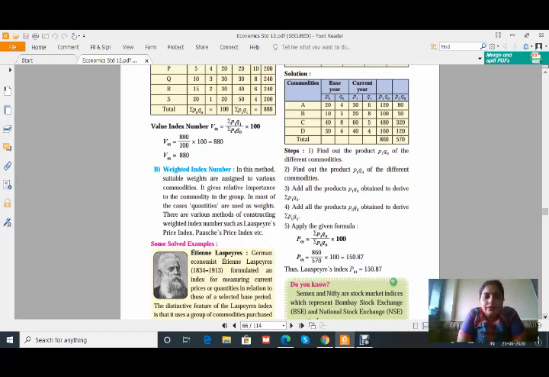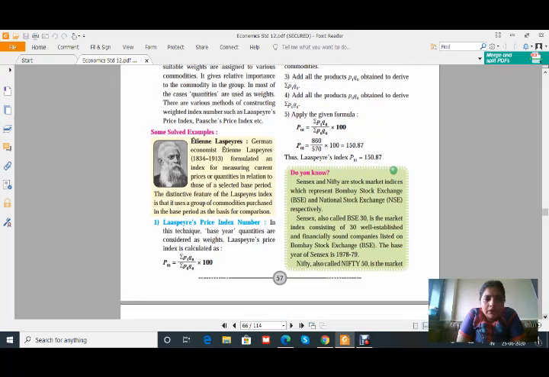In most of the cases, quantities are used as weights, and there are various methods of constructing weighted index numbers, such as Laspeyres's price index and Paasche's price index. Both we have to consider. First, we have to consider the